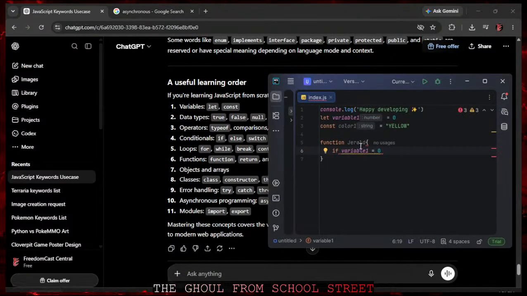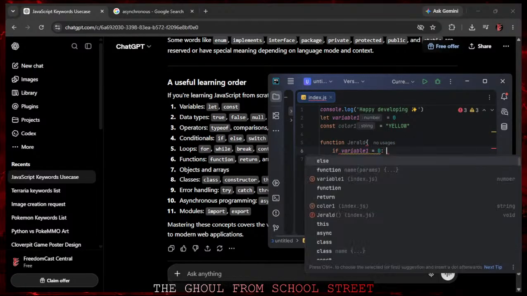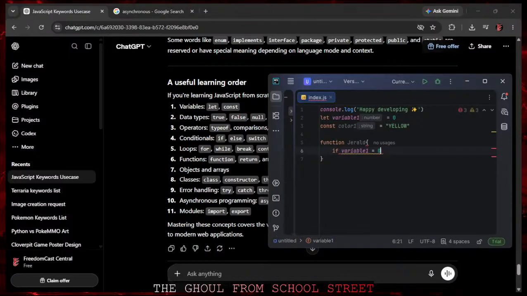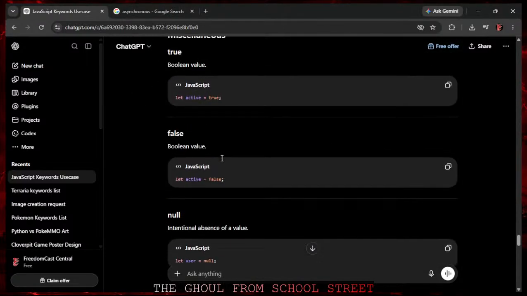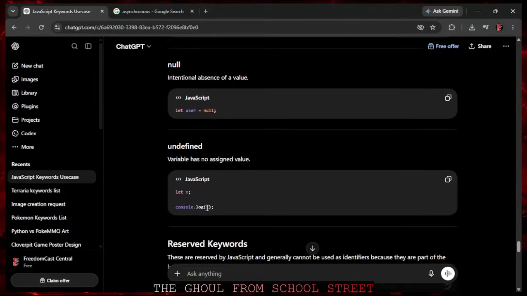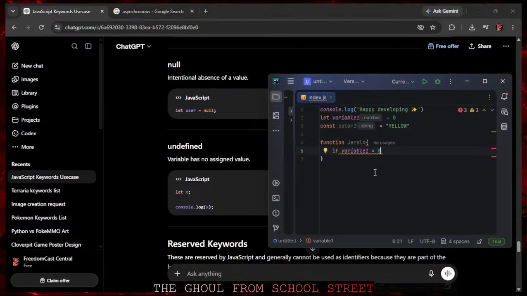Okay, so I must have combed over that. But if that equals 0, and then do we do the colons for that? Wait, how do you end? Is it semicolons? How do you do this? Can't remember. Okay, it is semicolons. That's the worst part about each language. It's all different. So, if it equals 0,